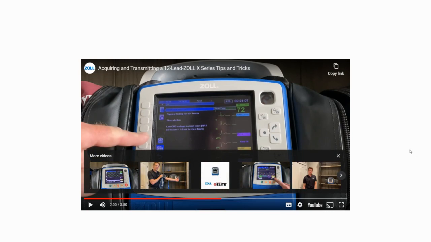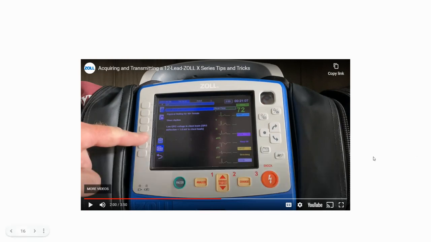So he goes on to explain too, if we can send over the 12 lead ECG to the hospital. Again, it'll depend where you're working and what your standard operating procedure is. But sometimes, let's just say you have a patient who is actively infarcting, you see ST elevation. To activate essentially the cath lab, you will then send your 12 lead right here. You can see the letter with a paper coming out, 12. You would send that to the receiving hospital so that the receiving physician can confirm what you're seeing and then